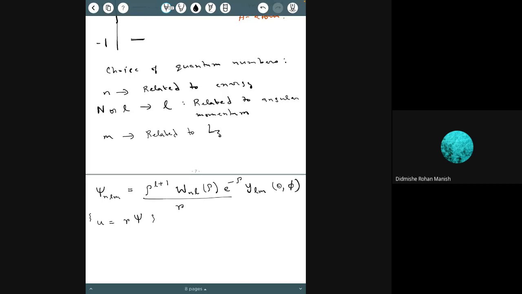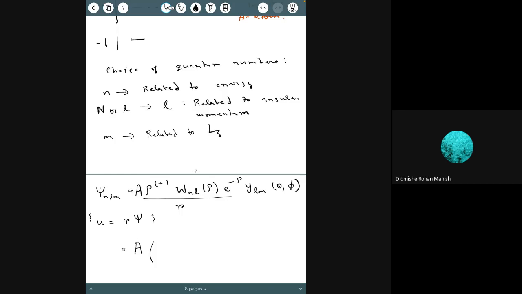So this is my psi. And now since I did a lot of variable changes, I have to go back to r if I want to write everything in terms of r. So this is equal to, and I can also introduce a constant for normalization purposes. So this is a, and then I have,